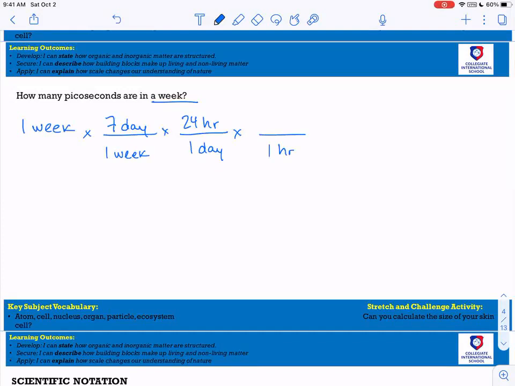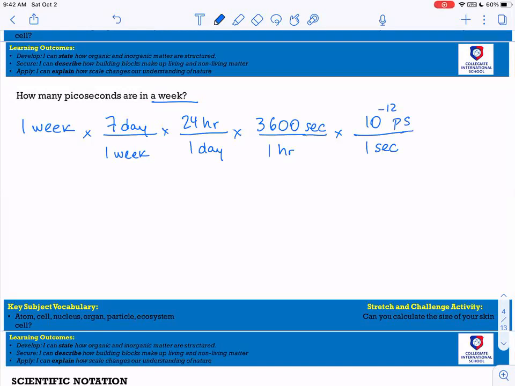So 60 times 60 is going to be 3,600 seconds, right? And we also know that in 1 second, how many picoseconds? If you look at the table that you were given on the exam, it is 10 to the negative 12 picoseconds. And the reason why we want it in this format is because it would help us cancel out some